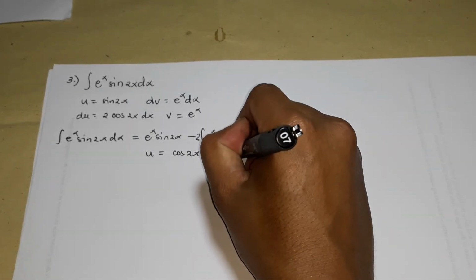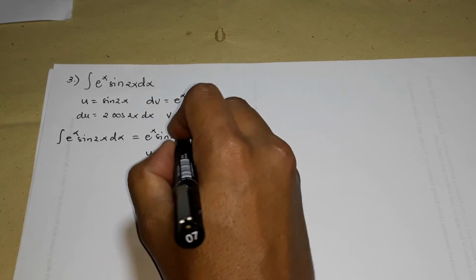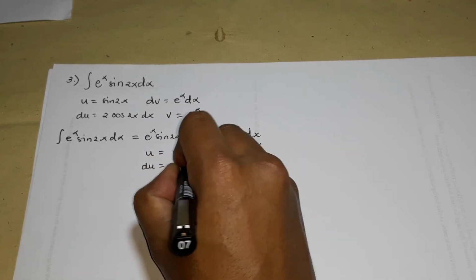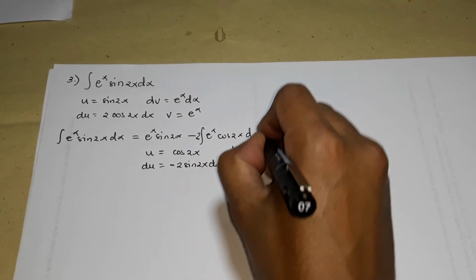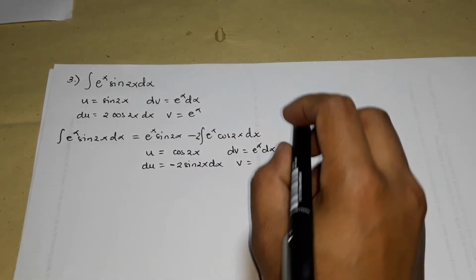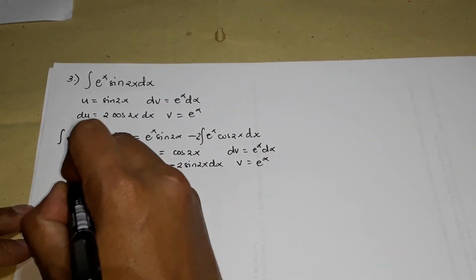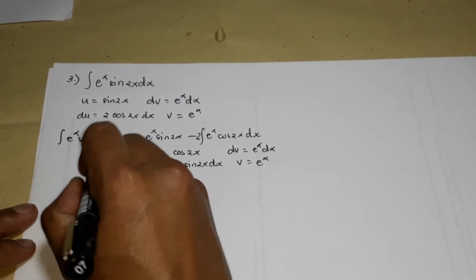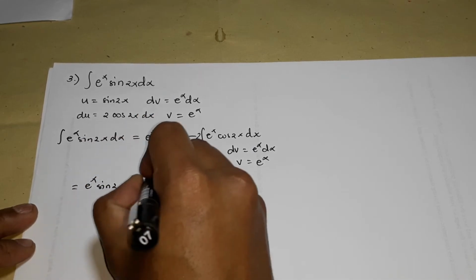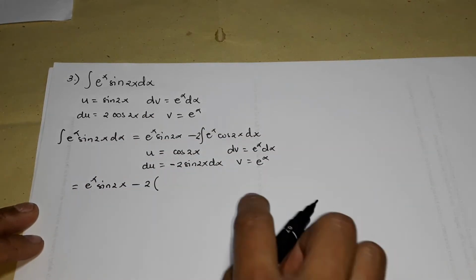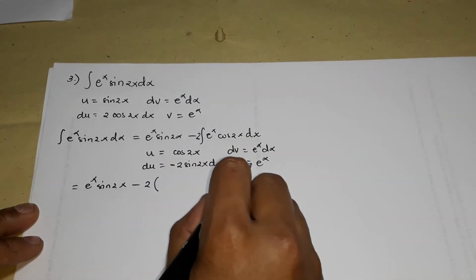And then dv equals e to the x dx, so let du be negative 2 sine 2x dx, and v is still, sorry, I forgot the x there, so that's e to the x. Then equals, copy the first term, e to the x sine 2x minus 2 times, you apply uv minus the integral of v du, uv